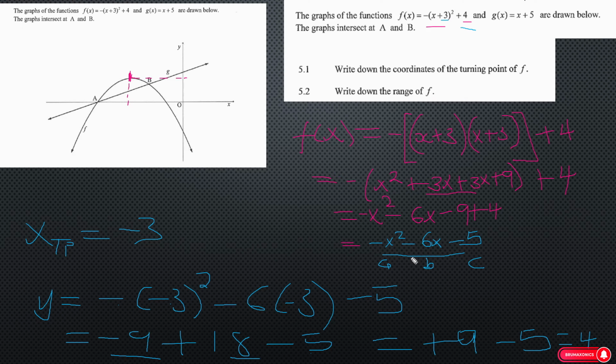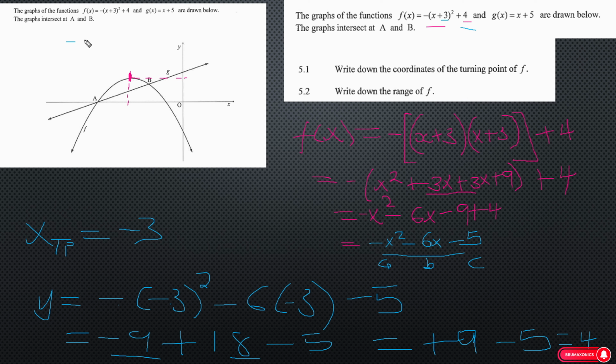I hope you do understand how I solved this question, and you don't have to take much time trying to jump from one equation to another. You just have to understand how you can do it, and then the rest will be history. So I'm going to write my equation